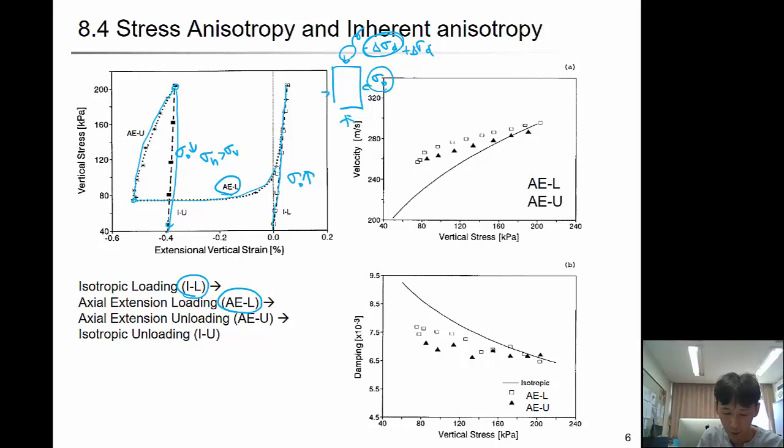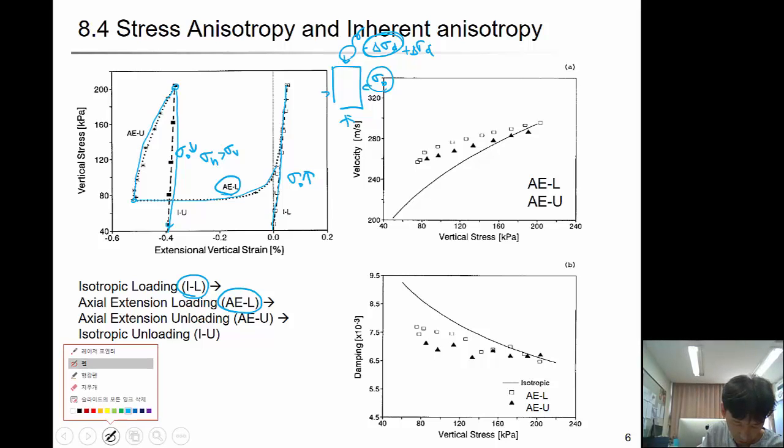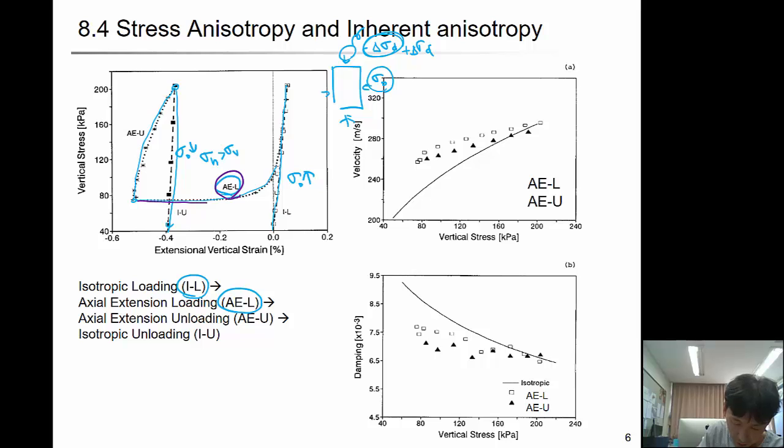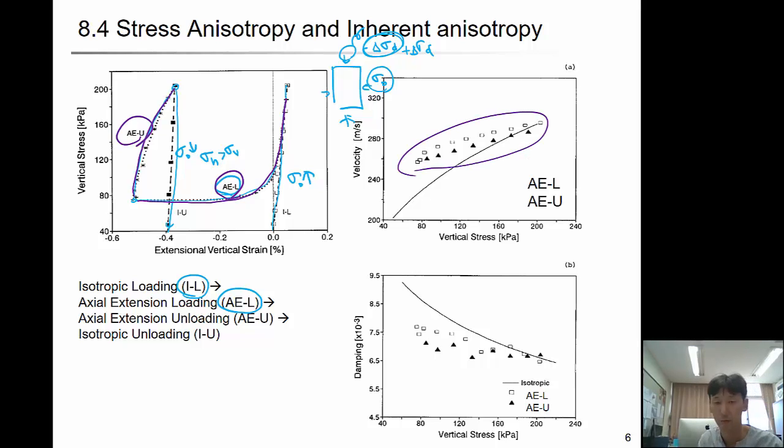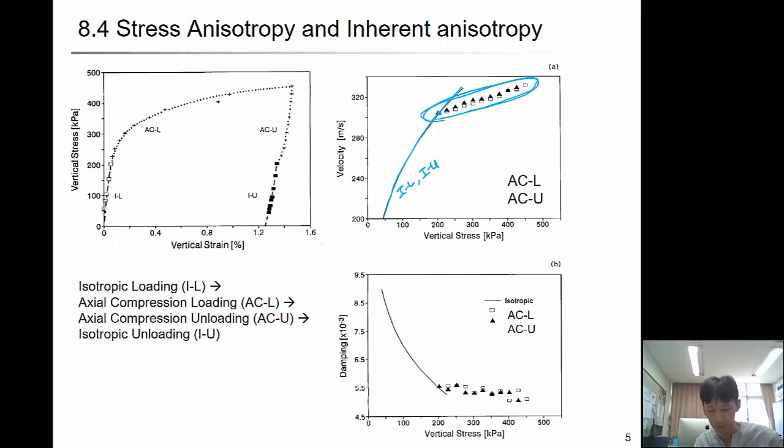So then when we plot the wave velocity for this region, right, and this region only, then you get this data. Again, it deviates from the isotropy loading curve. And the damping ratio is the same. Damping ratio also deviates from the isotropy loading. Okay,